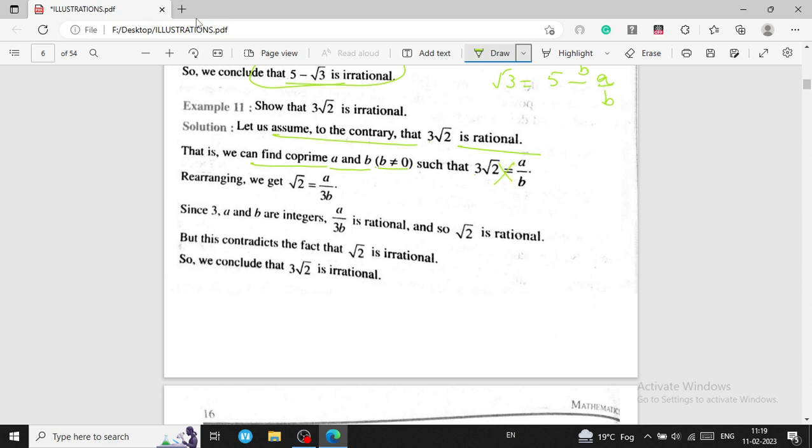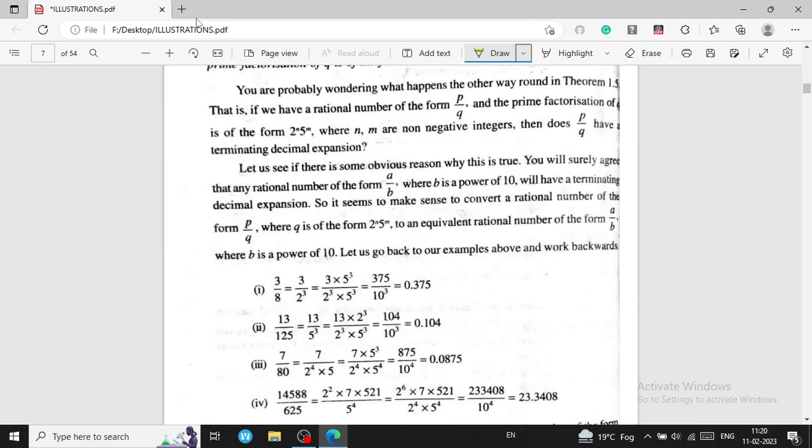root 2 equals a over 3b. Here a over 3b is rational, but root 2 is not rational, and this is a contradiction. So 3 root 2 is irrational. Now next,